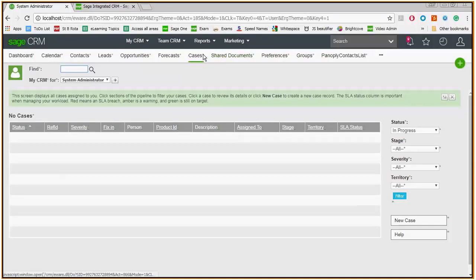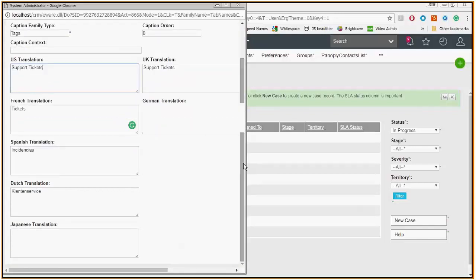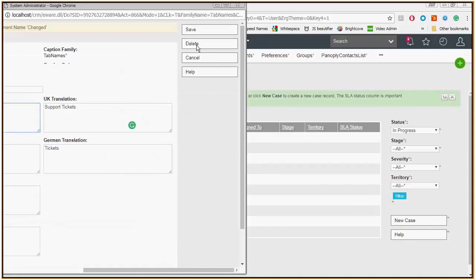So if I click on that, you can see that I've got translations that I can start to change. So I could put this to support ticket, change that like that. So if I change the translation that I want to use and save,